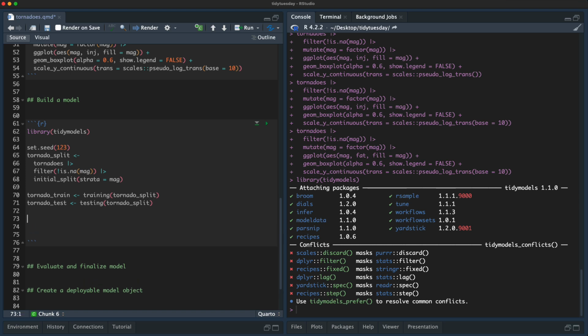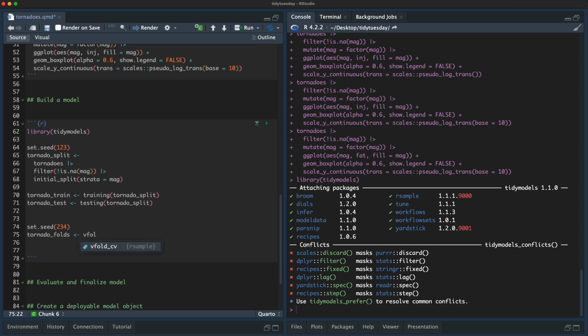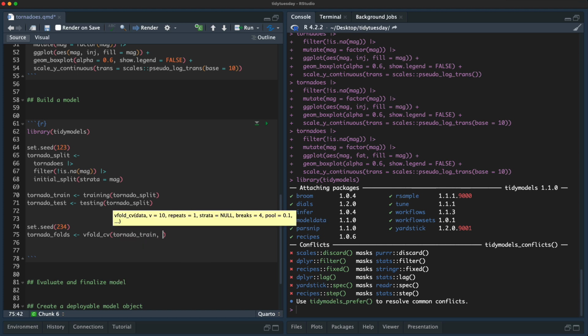And then let's create some cross-validation resamples. I'm just going to have the seed again here, just in case I rerun these in a not totally top-down way, I get the same results. I'm going to call it tornado folds, and I'm going to say vfold_cv tornado train, and I'm going to stratify this as well by mag.